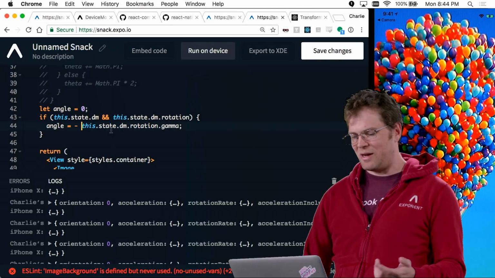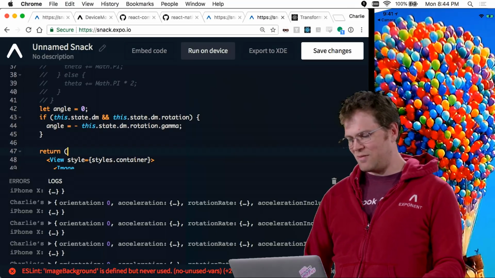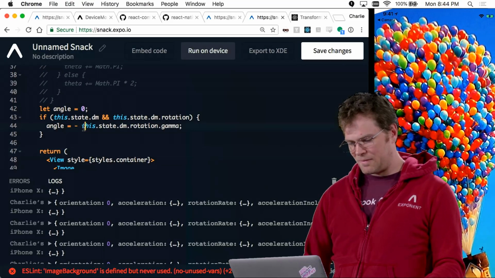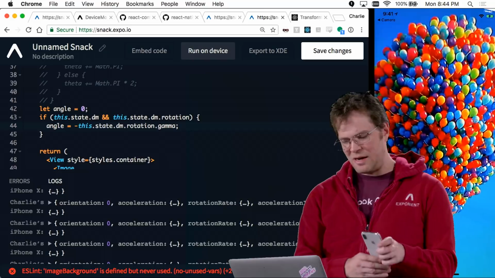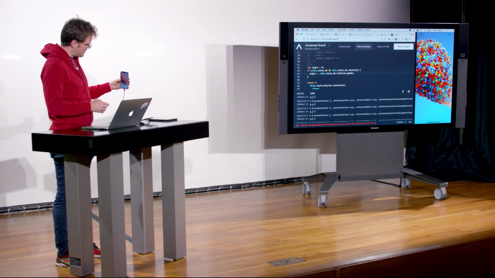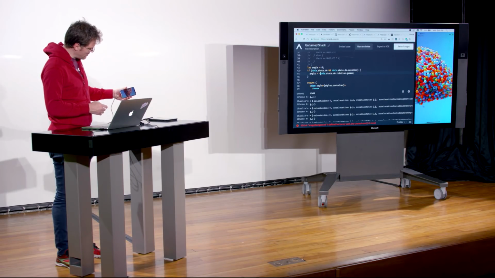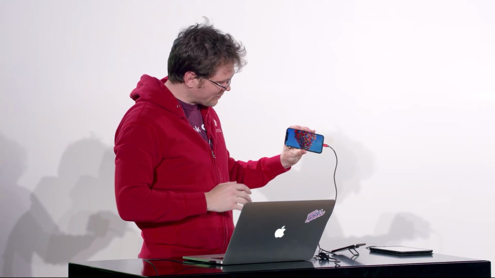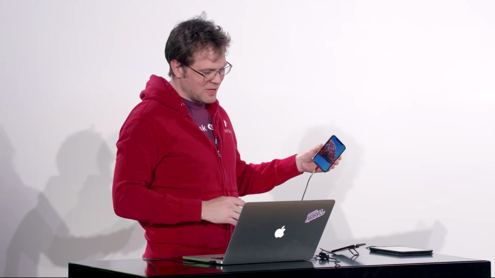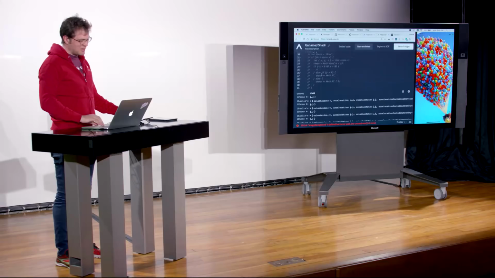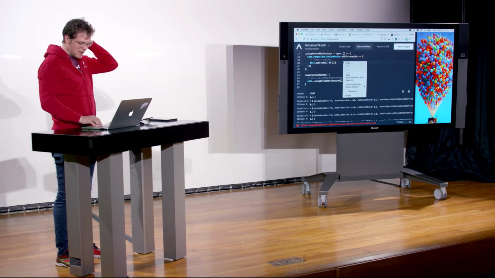So I'm going to rotate it by the negative of the rotation of the device. If I do that, then now if you see this, no matter how I rotate my phone, the balloons are always kind of going up in the air. It's a little choppy. And so what we can actually do is tell the device motion sensor to